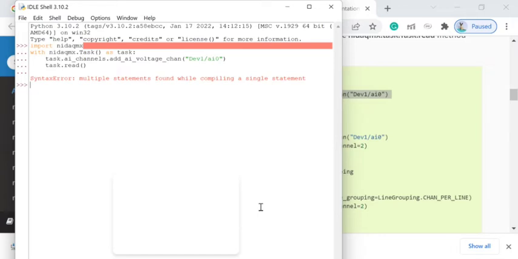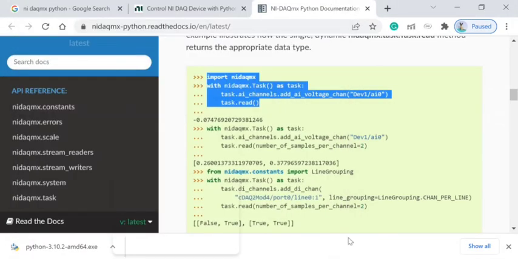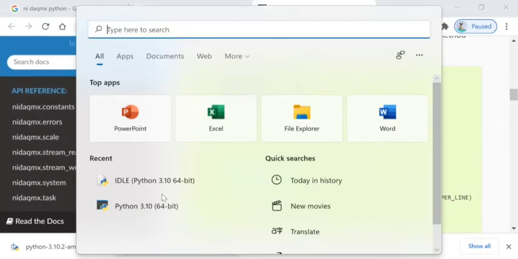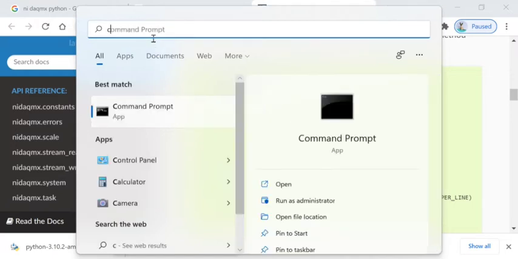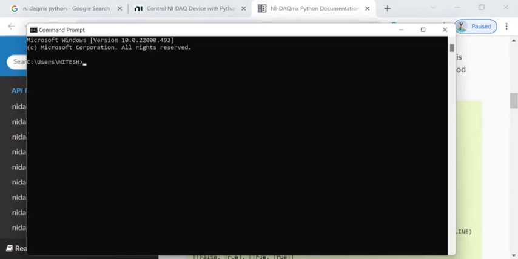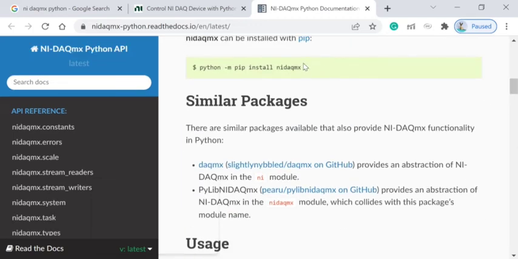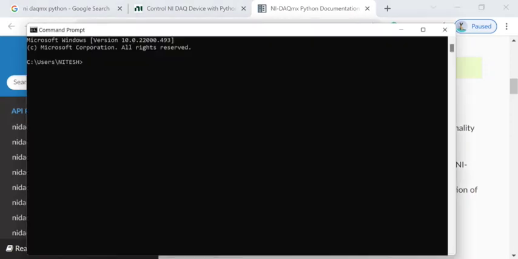Okay, so let's see how we can install our pip. For that, come here and open a command prompt. After that, let's try to install the NI package, that is, pip install nidaqmx. If it is already present in your PC, you will get that information, otherwise it will install it for you with only one click. So here I am going to write